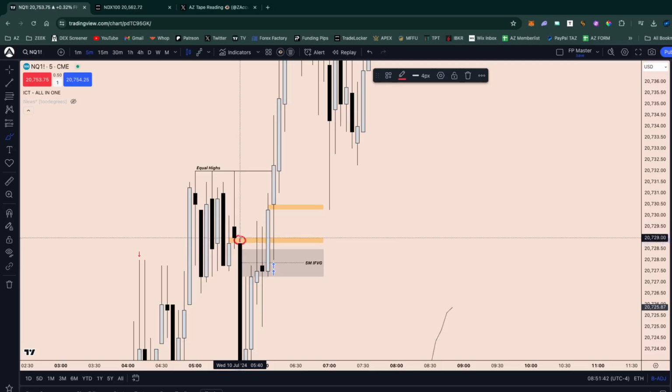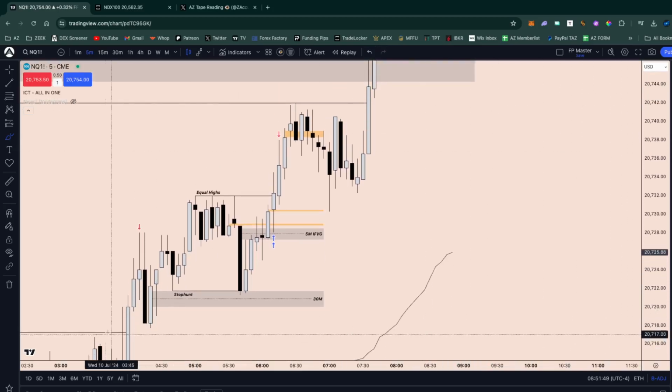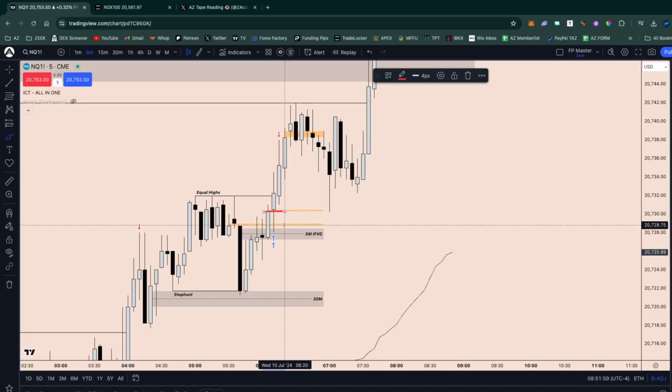We didn't see that wick back to the upside, and that's crucial because we always tend to come back to those volume imbalances or gap imbalances at a later point in time, and that's exactly what happened. We filled it in, we hesitated for a little while, but eventually we managed to close above our 5-minute inversion fair value gap. I placed my limit orders on the inversion and on this gap balance